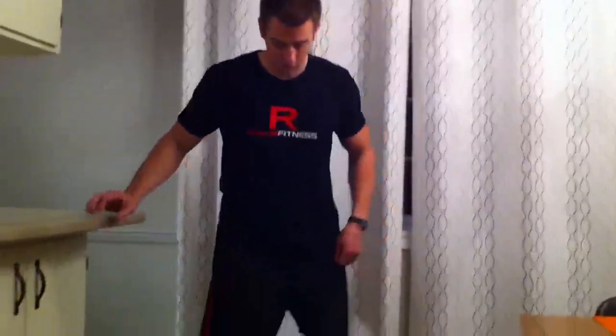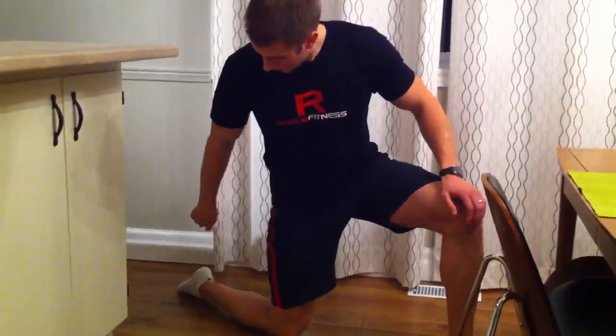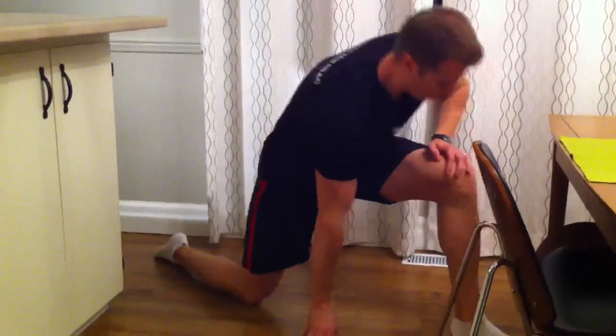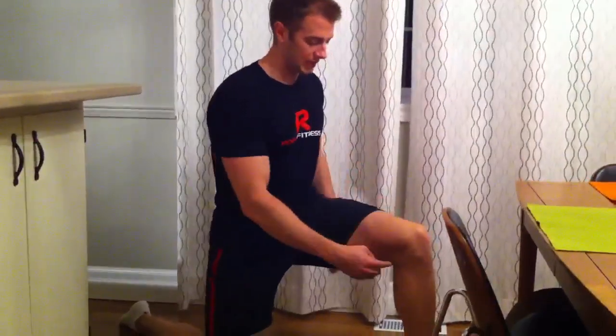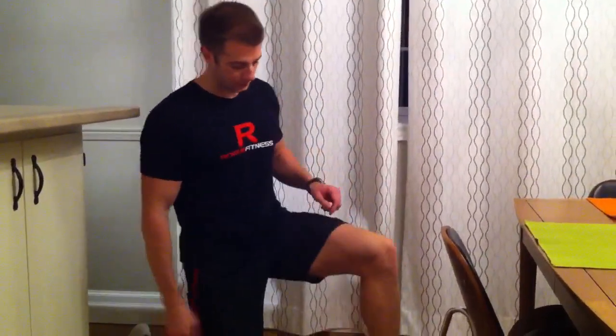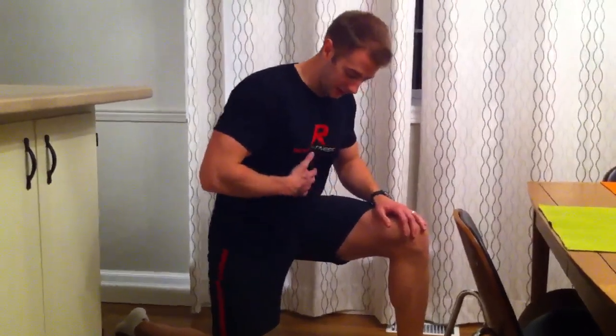Okay, so what we're going to do, have your trailing leg, foot will be flat down, knees on the ground, and you want your leading leg to be at about 90 degrees. You don't want to have your leg jammed up here. This is going to put a lot of stress through the knee. So we're at 90 degrees, start tipping forward a bit, belly's tight,